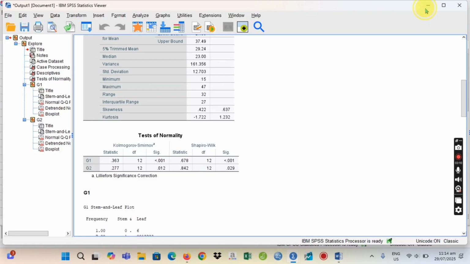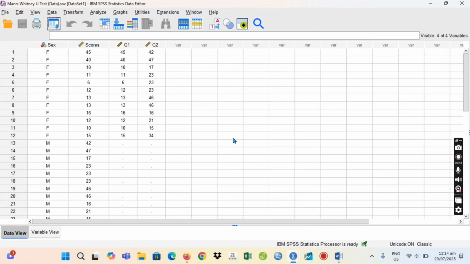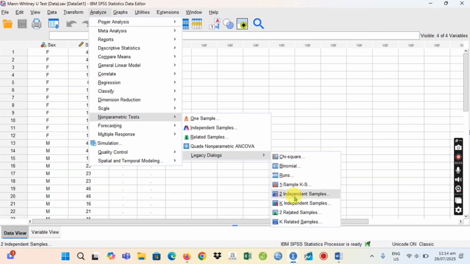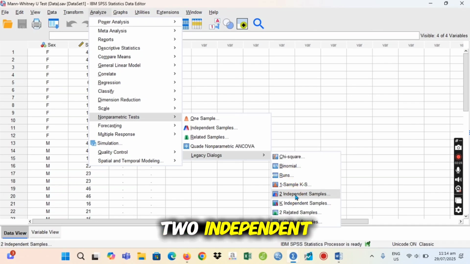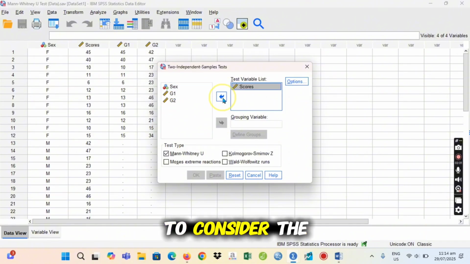So let's proceed. To perform the Mann-Whitney U-test in SPSS: analyze, non-parametric tests, legacy dialogs, and then two independent samples. For the test variable list, we have to consider the scores.